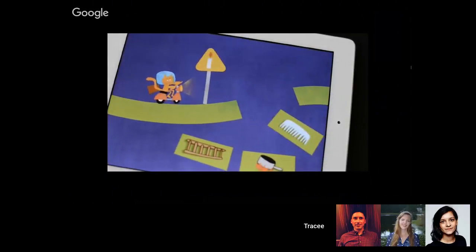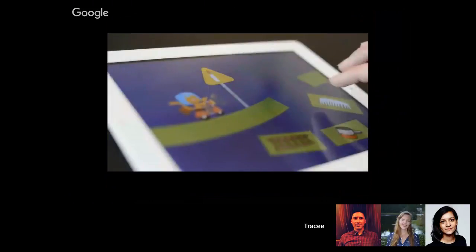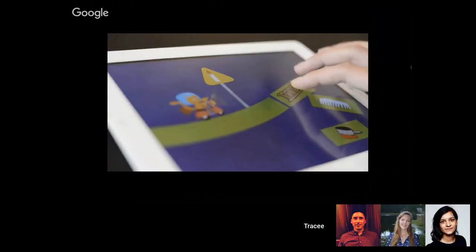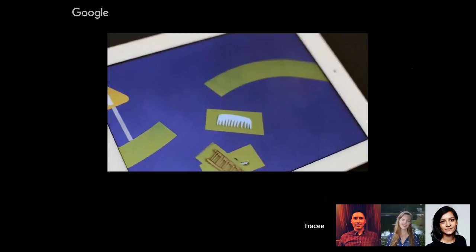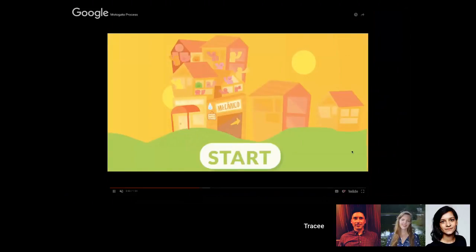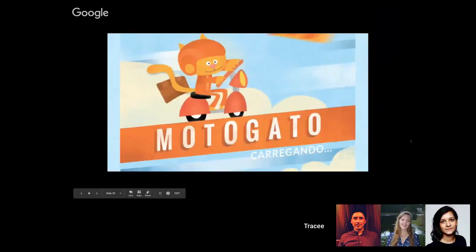And then once they go down that path, this was the app that was actually created. As you can see, it's similar in concept, but elevated in terms of animation and the fidelity of the illustration. But they came up with the concept just using paper and a stick to move the character around.